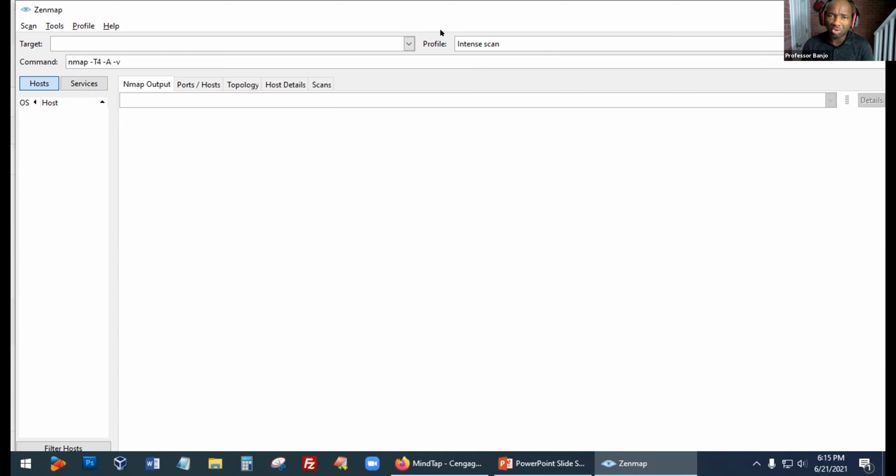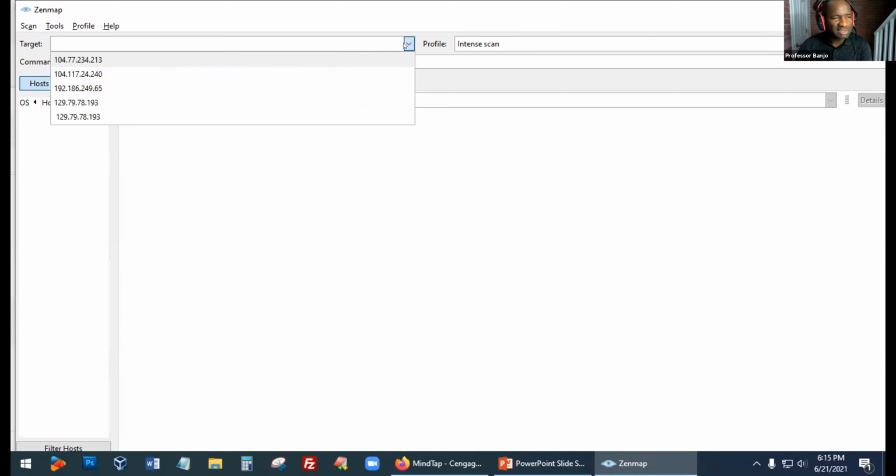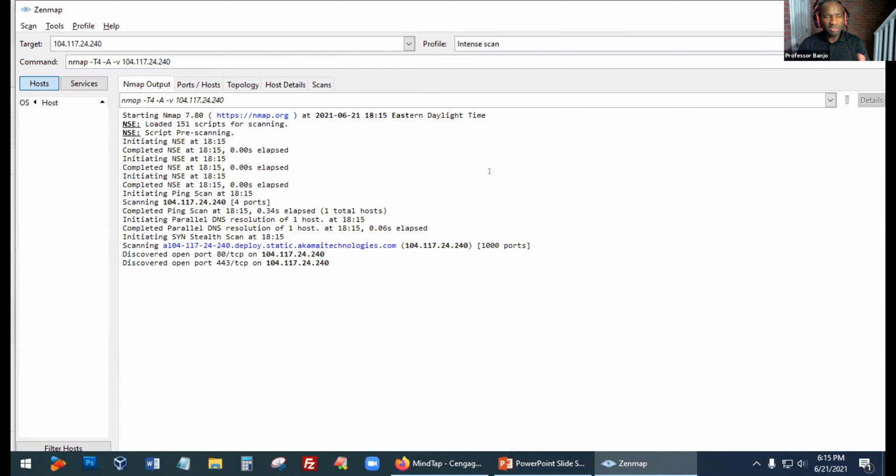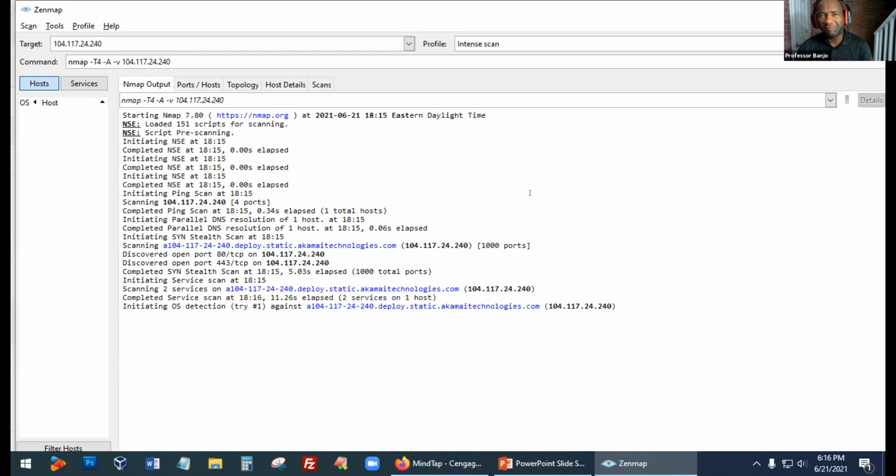If you have the IP address of your target, let me run this and see if this works. I'm not sure what IPs these are. We've done this before, but I'm just going to run it anyway to see. It takes a few seconds to generate anything. But it's pulling something up. So your tools like Nmap will tell you if it successfully connects to that network. It might give you an idea of what kind of operating systems are used in that network, what kind of hardware devices, maybe a few IP addresses here and there, right? It's going to give you some information.